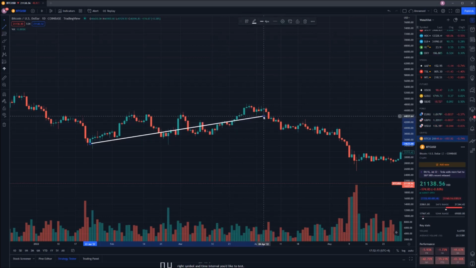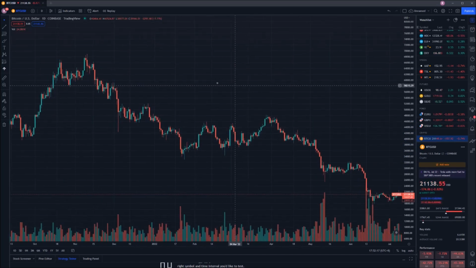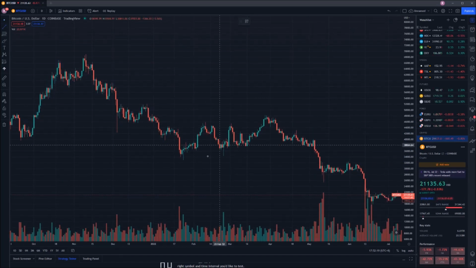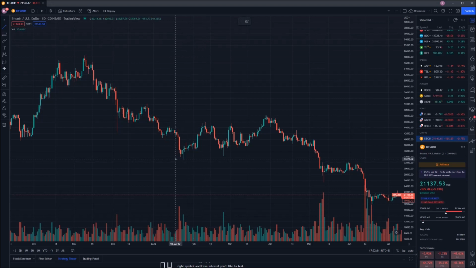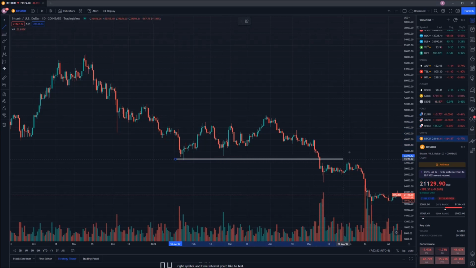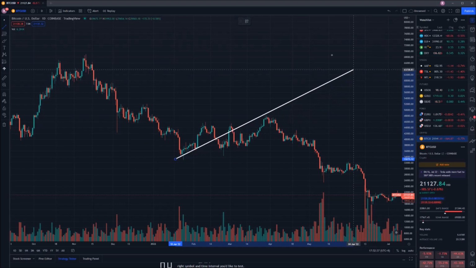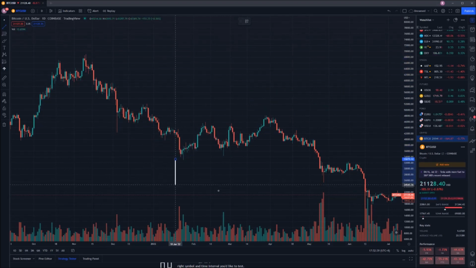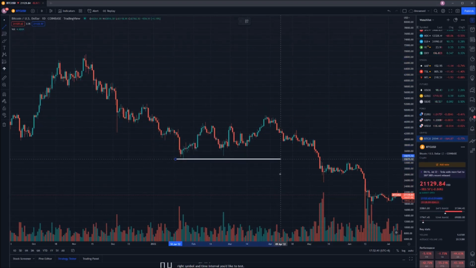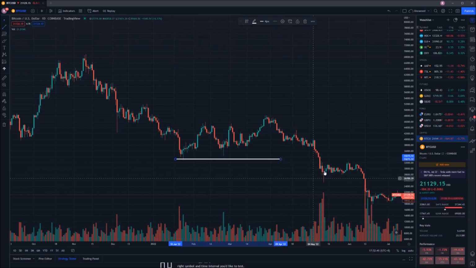If you want to do it a bit more yourself and keep it horizontal, you can then easily hold down the Shift key, and this will then keep a completely straight line in either a horizontal, a diagonal, or vertical direction. This is great, especially for marking out key points of support and resistance, but as soon as I release that Shift key, you can see that it unlocks this. Holding it back down again will instantly snap that back into place